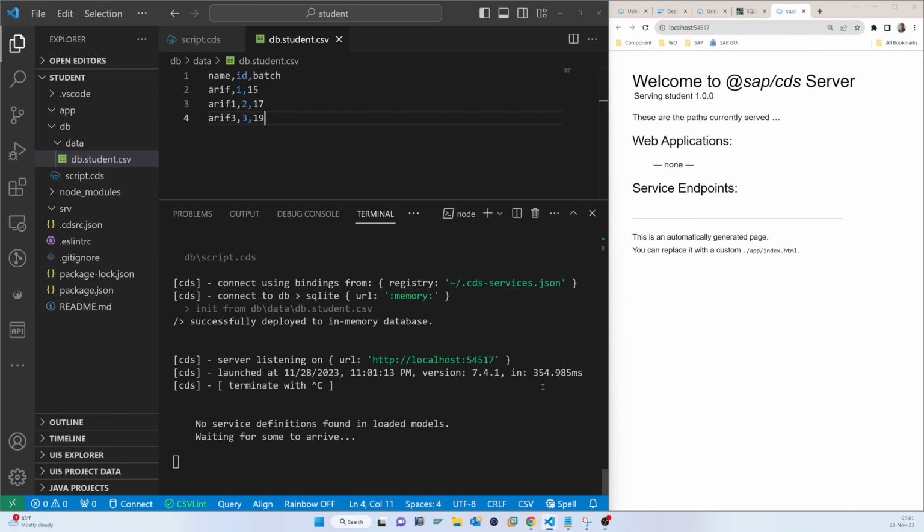So now actually it already deploy in that memory. So now actually what happened is already deploy that data into the SQLite database. So now we want to see the data, how you can see the data that it is deployed. So that is the reason you need to create a service inside that service. So for example, that is the